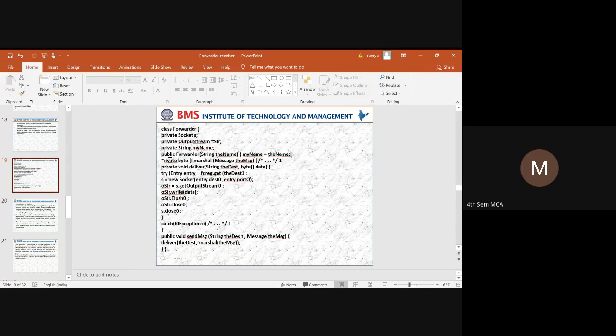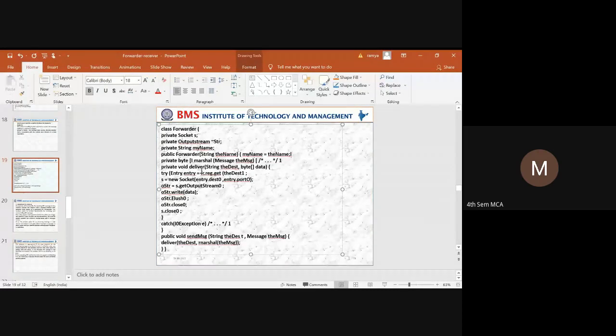Here, in terms of bytes, whatever message there is, for that message of the type message, we need to marshal it. That will be generated in terms of bytes.